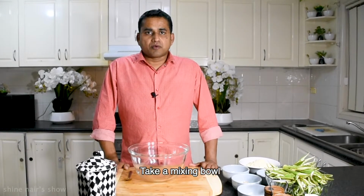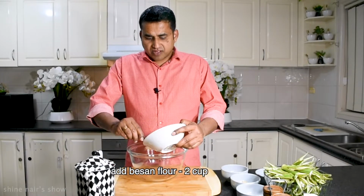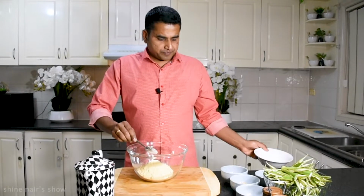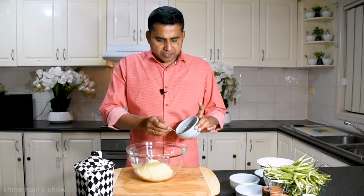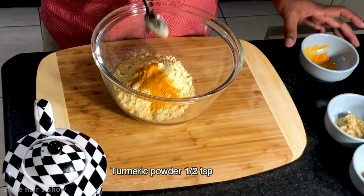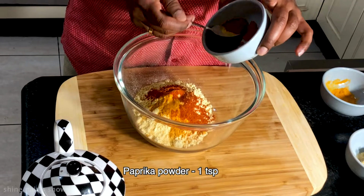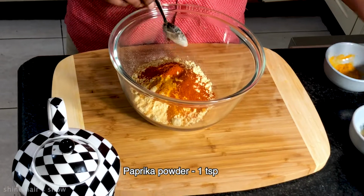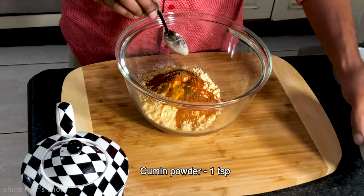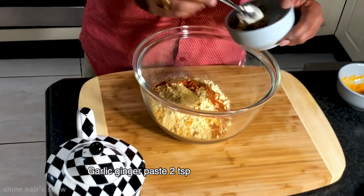Let's make our batter. First we add 2 cups of besan flour, half teaspoon of turmeric powder, 1 teaspoon of paprika powder, 1 teaspoon of cumin powder, 2 teaspoons of garlic ginger paste,